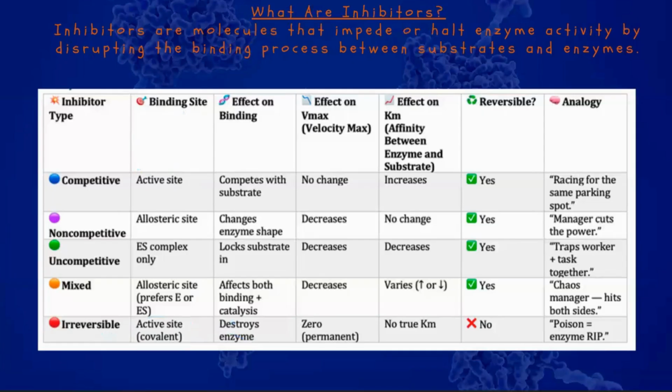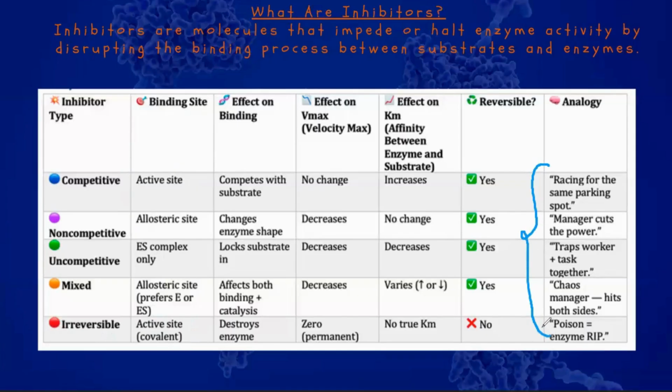So it's sort of like a competitive inhibitor, but not really. And so those are the 5 different types of inhibitors. Don't worry if it's confusing to you, because we're going to describe it in just a second. But before we get started, I'm going to show a little clip where you can understand the differences based on